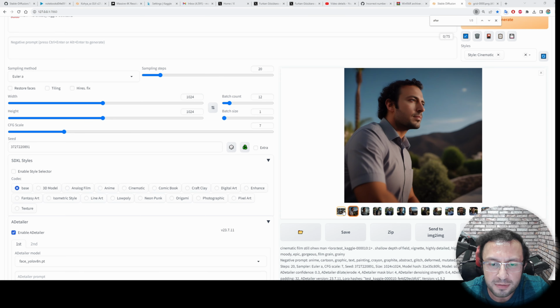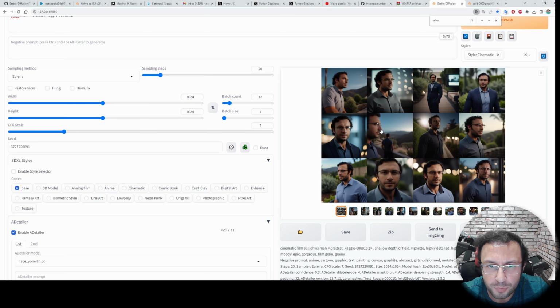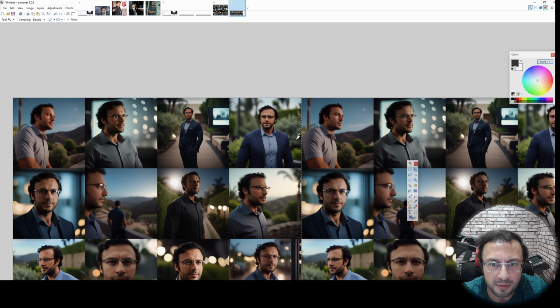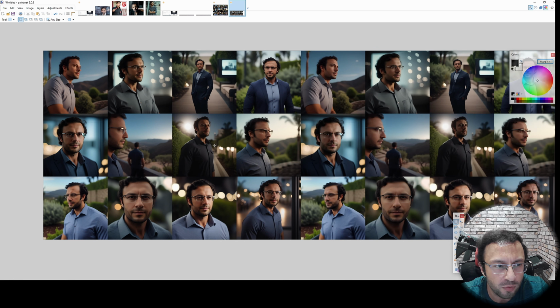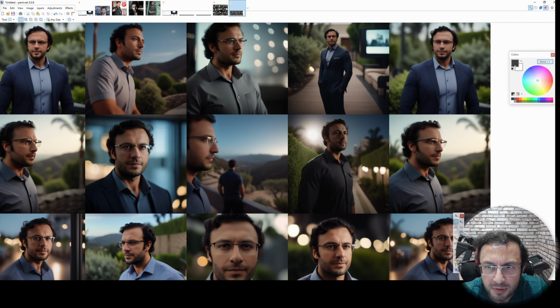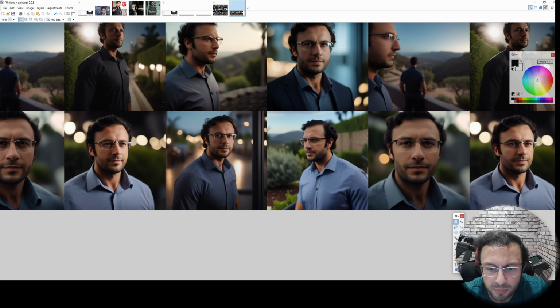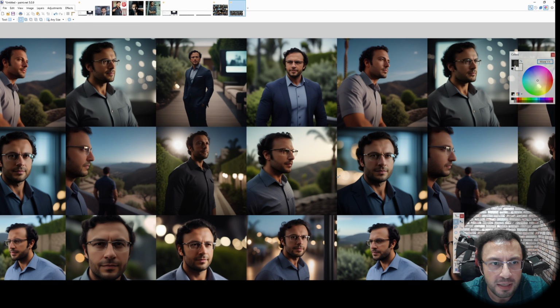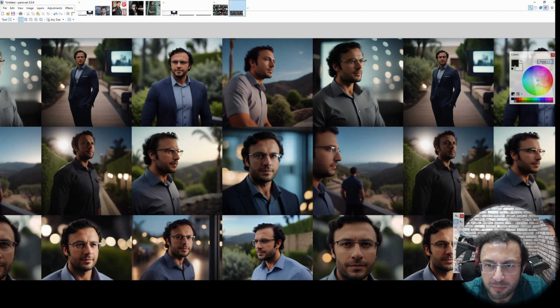Okay, After Detailer results has arrived, now time to compare them. So I copy, paste into paint.net, and now we can have a comparison. Okay, let's see. Do we have much improvement? Perhaps we need to compare one by one. Yeah, there is a slight improvement in the images. Still, you may not get your best results.